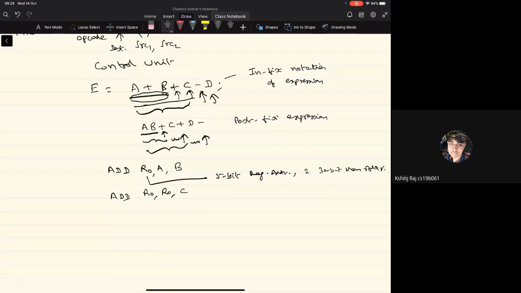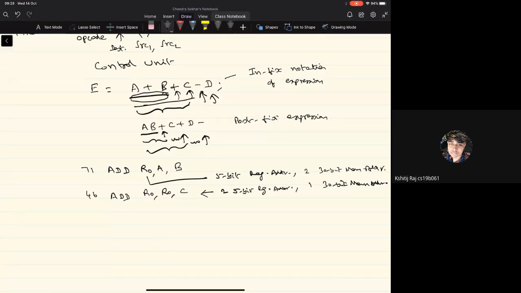Whereas in the second add instruction here, we require two 5-bit register operands and one 30-bit memory address. So it's 30 bits plus 10, 40 bits, then 6 more for 46 bits. So here I require maybe 71 bits, here I require 46 bits.